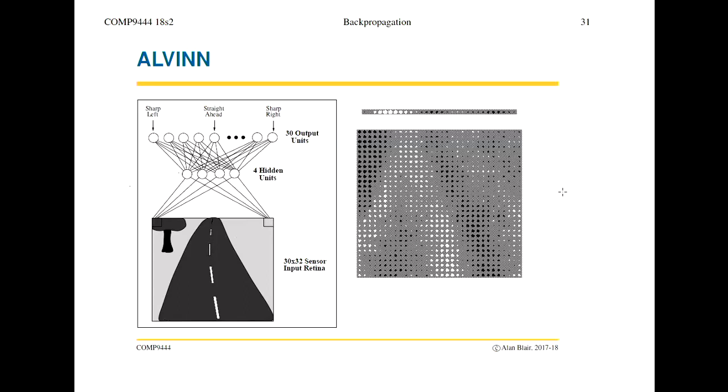The point I'm making here is that it doesn't always represent a particular scenario. Sometimes one hidden unit will represent a superposition of 2 or 3 different scenarios. So this unit will be very active if the road happens to occupy this part of the image. But if the road occupies, you see there's white stuff over here as well, so if the road occupies this position, it would also be relatively active.